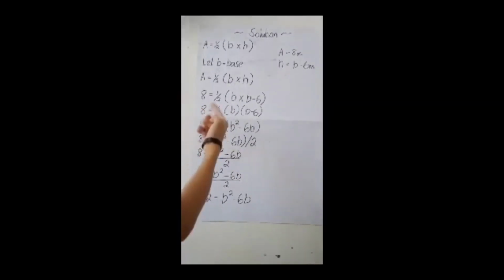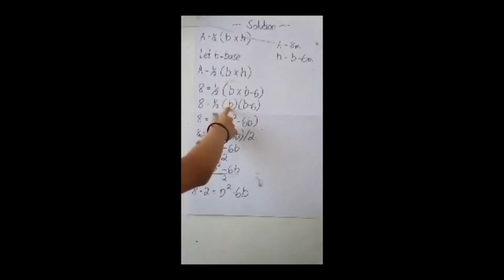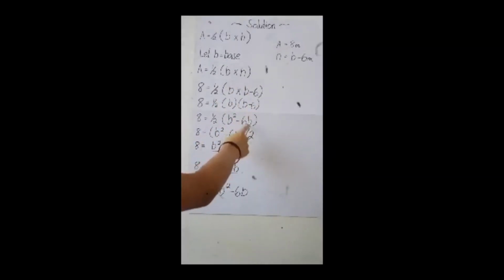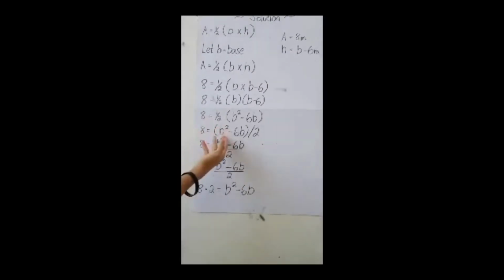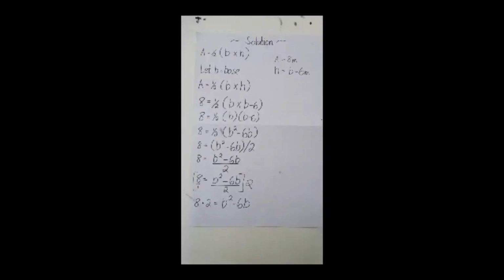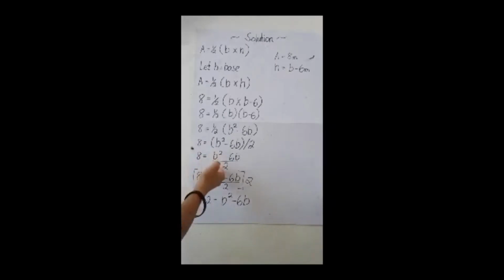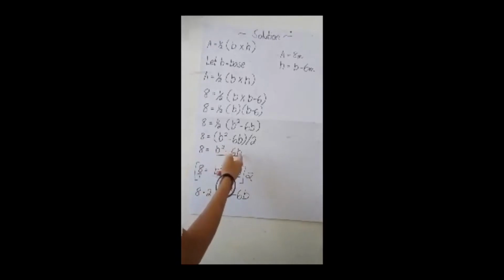8 equals 1/2. B times B equals B squared. B times negative 6 equals negative 6B. So now, we're gonna multiply 1/2 from B squared minus 6B. And the resulting equation is B squared minus 6B all over 2. So the next step is to find the common denominator of 8 equals B squared minus 6B all over 2,